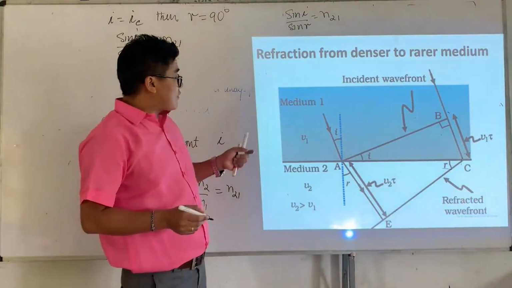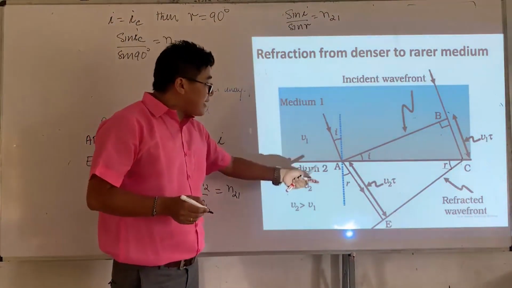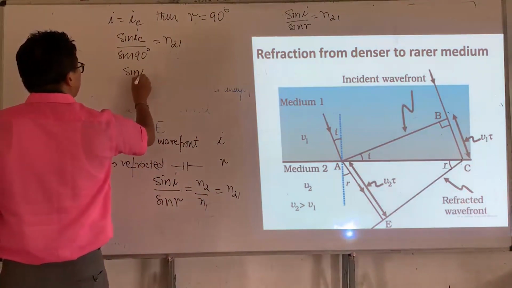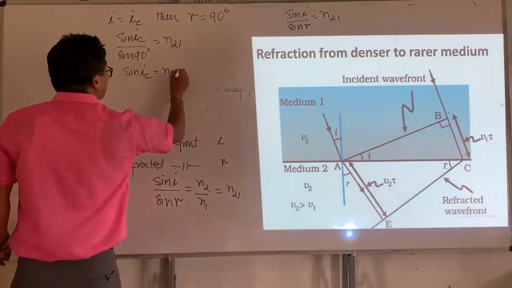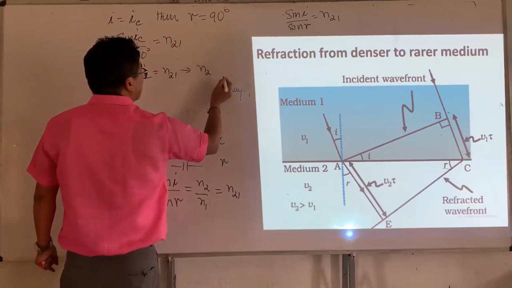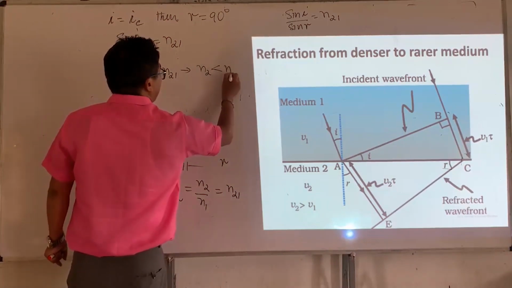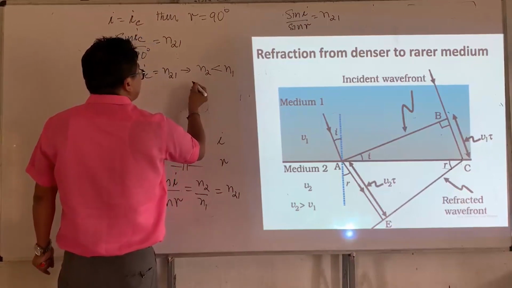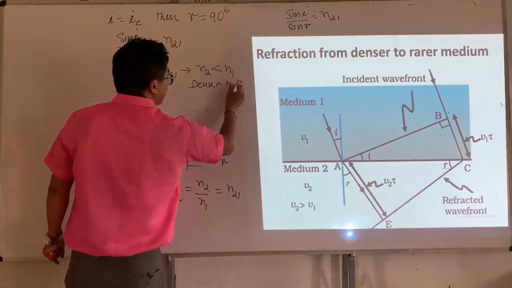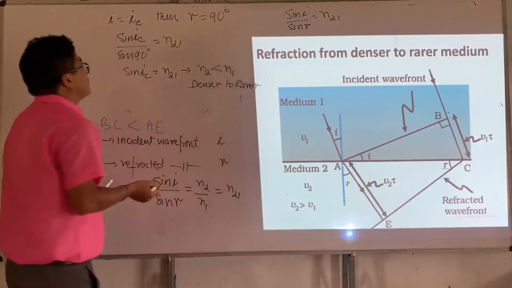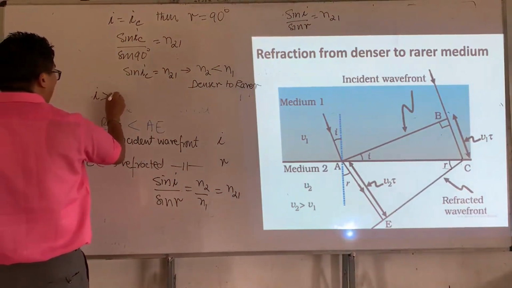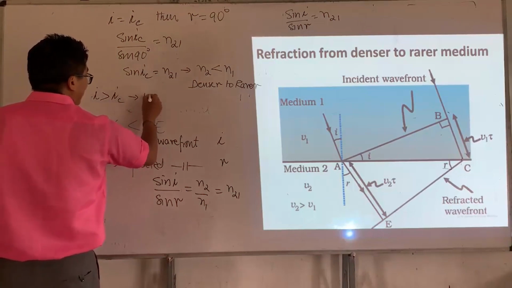N21 is the refractive index of the second medium with respect to the first medium, where the second medium is the rarer one, which you should keep in mind. Again I'm repeating, N2 is less than N1, which implies denser to rarer. So now if i is more than iC,